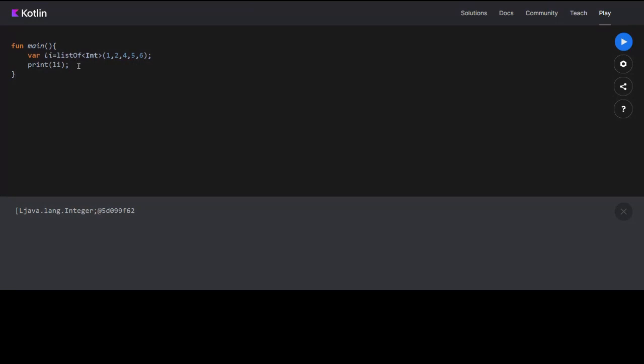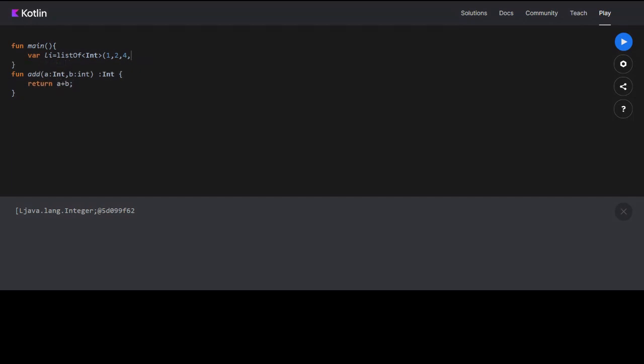In functions, how to define a function? We first have to write fun, then we say add. Now inside this, you can either pass parameters or not. We will be passing arguments here. Let's say a, the type of argument will be integer, comma b, integer. Now if we want to return something, we have to define the type of return here, like this. Then you just open the bracket and say return a plus b.